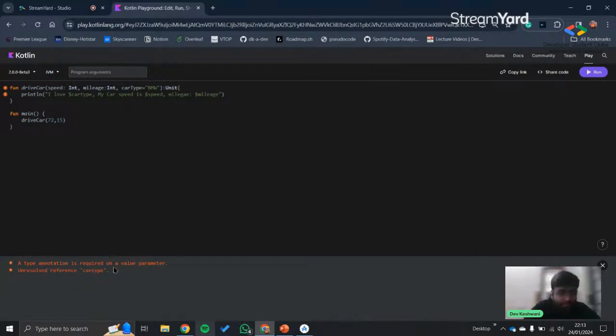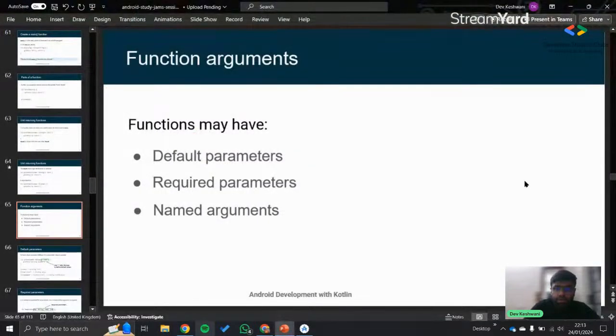okay, great. Another error: type condition required value parameter, unresolved reference car type. Okay, I haven't defined the type of car string. Start. My I love BMW. My car speed is 72. Mileage 50. So this is how you can specify arguments, or parameters like default,